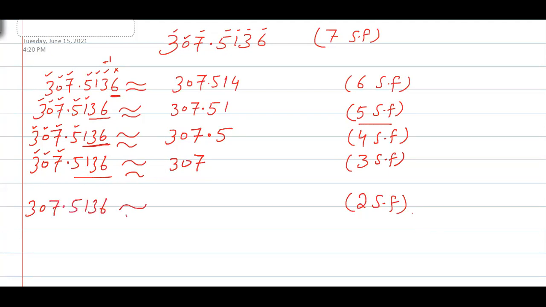307.5136, rounding to two significant figures. This is first significant and this is second significant. So I don't need these. But before leaving them, the next one is 7, so it will add 1 to this one. It will become 31. Now 31 is far smaller than 307. So just to keep the magnitude, how many digits do we have in the whole part that we ignored? There is one digit in the whole part that we ignored. So in that place, we will write 0. So still you can see 1 and 2 significant figures are there. So always keep this point in mind.